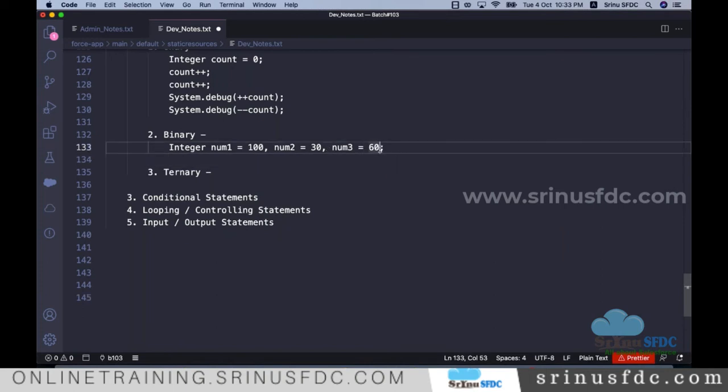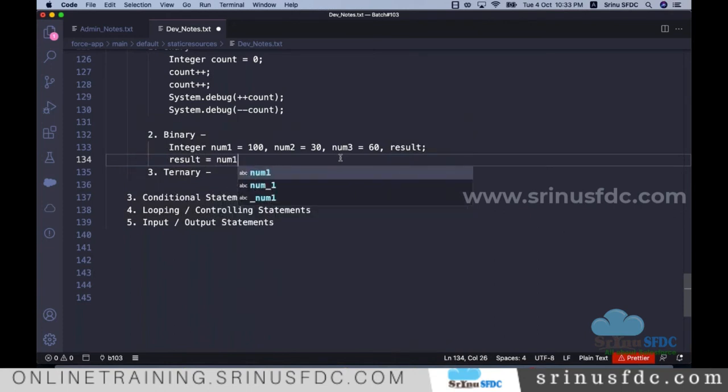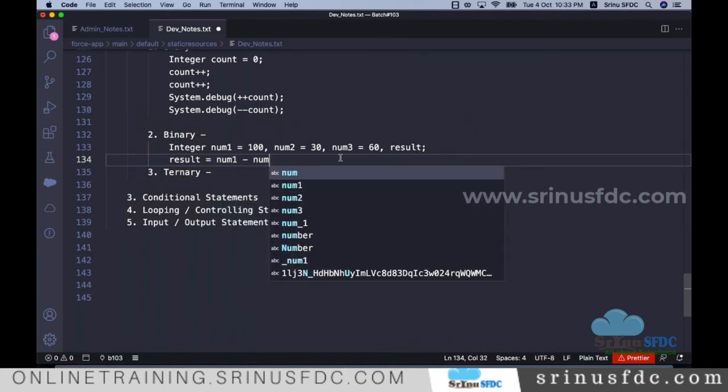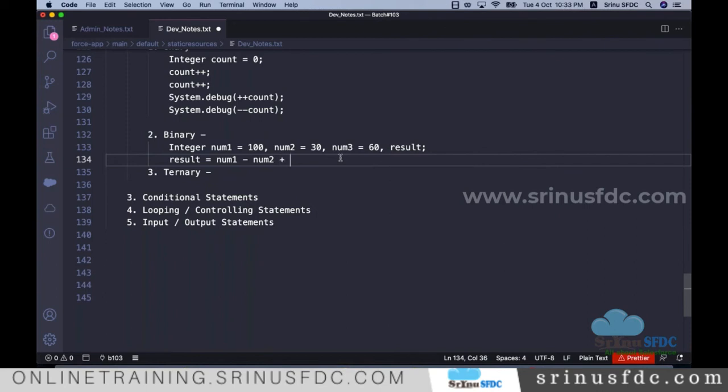Now let's say I have one more variable, result. In result, right, I'll say number 1 minus number 2 plus number 3, right? So even though multiple values, multiple operators are there in between, even though we have the huge expression like this,